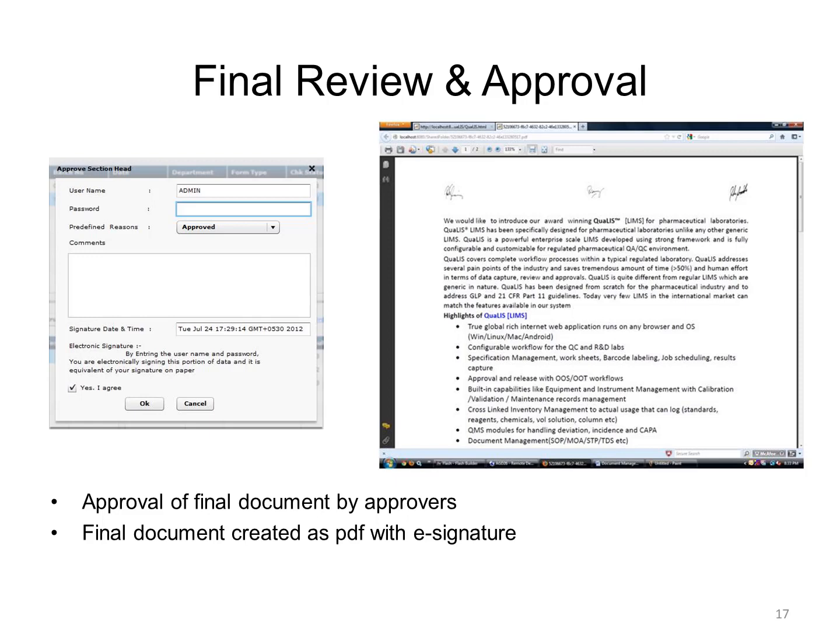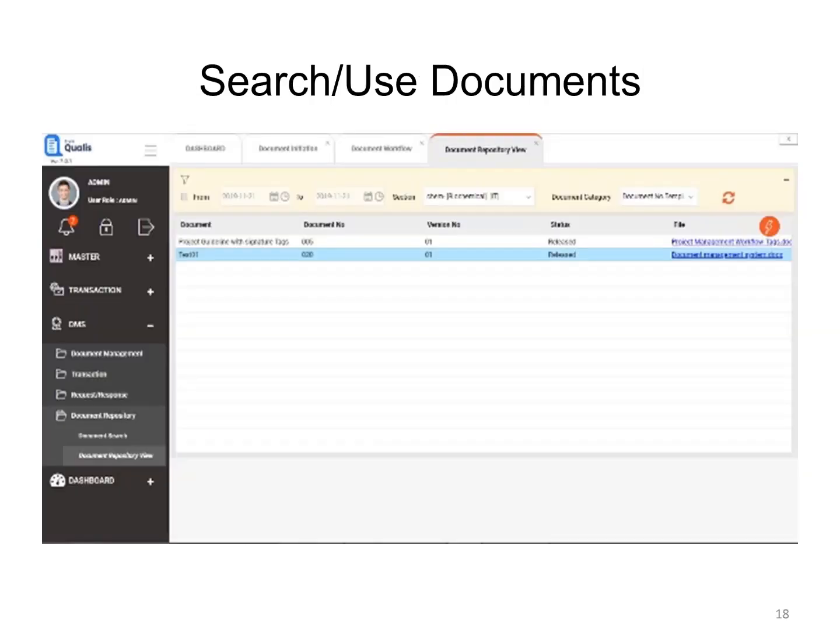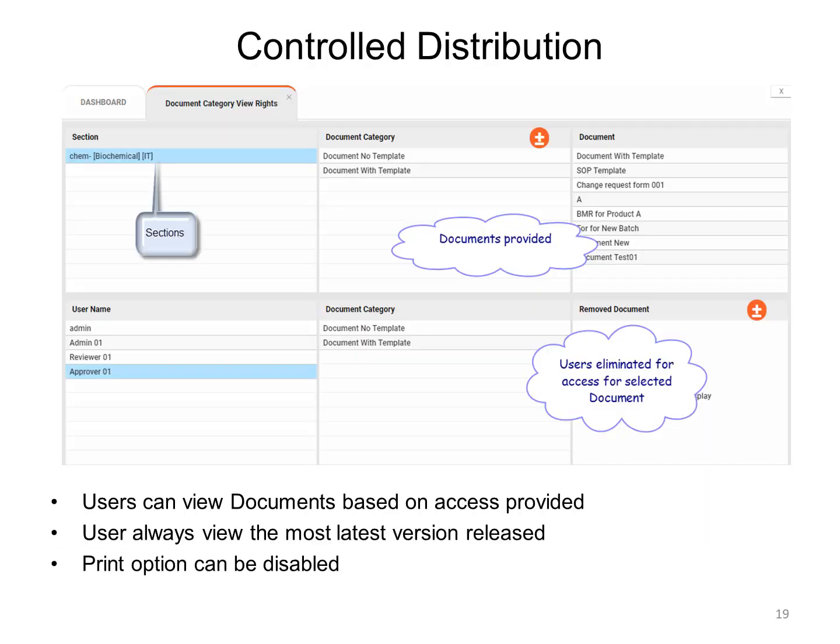Once documents have been approved and released, it is possible to search and use documents, and make documents available for different persons and roles within your organization. Always the latest version of a specific document is what is presented to the users. Only officially released and approved documents are available for day-to-day operations. So there is no question about using old versions of a document at any point in time.